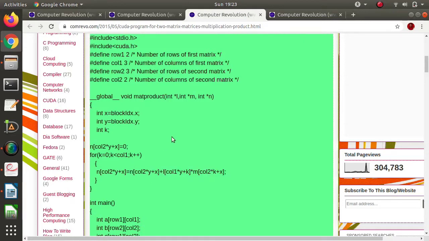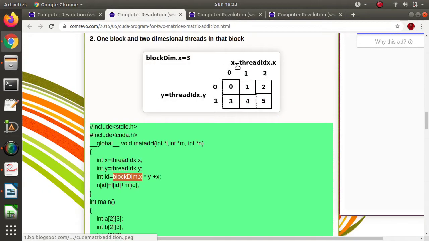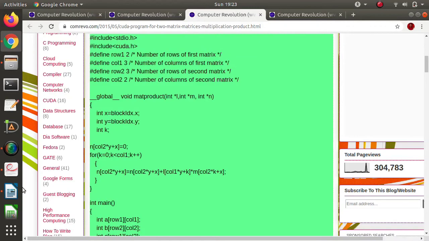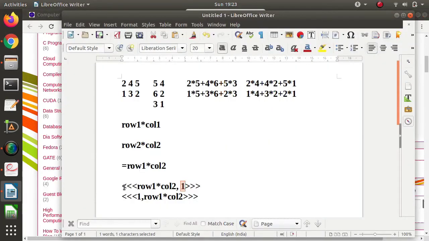I will provide a link to this program in the description box. Just go through it, you will come to know. In the same way as we added the two matrices, we have arranged these blocks and threads. So this is the first way, with one program for this, and the second program we have written for this.